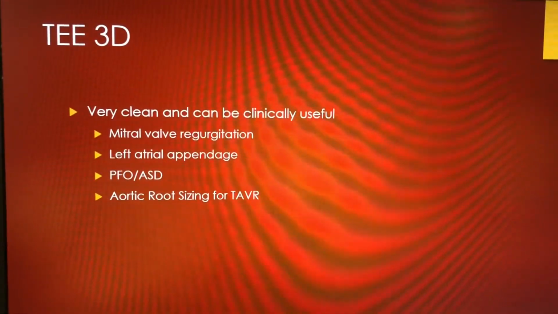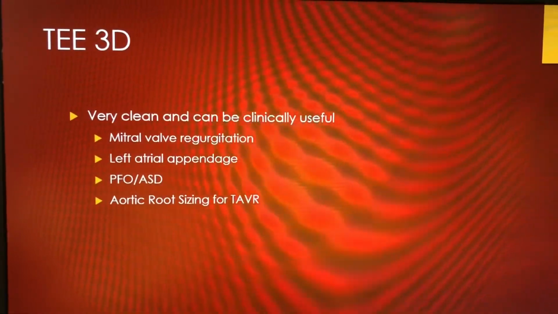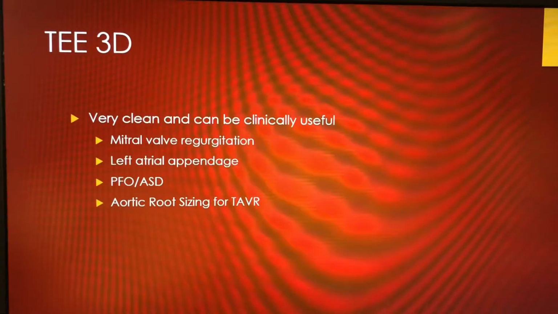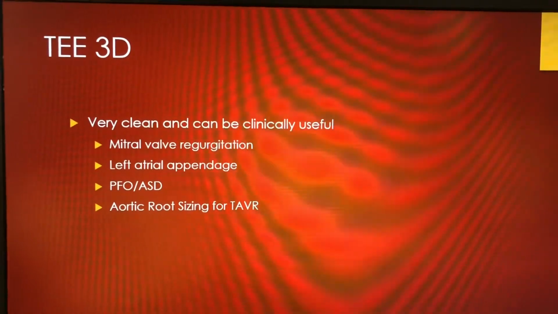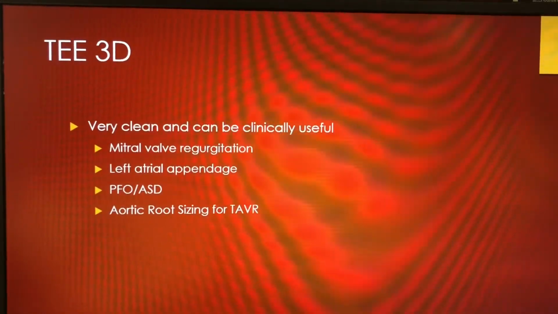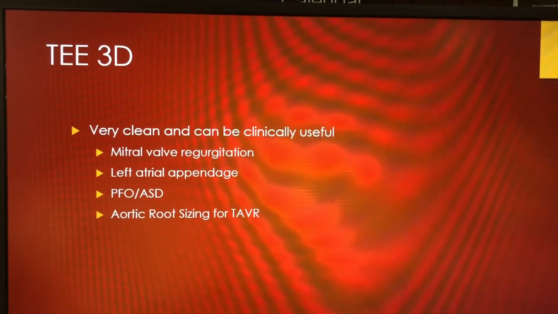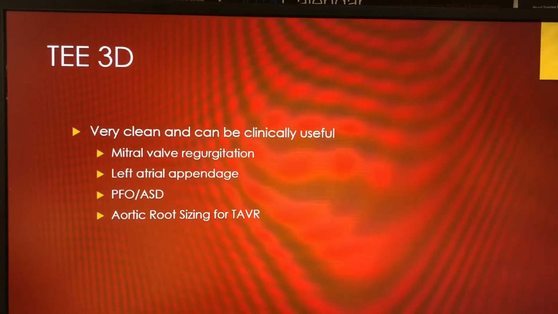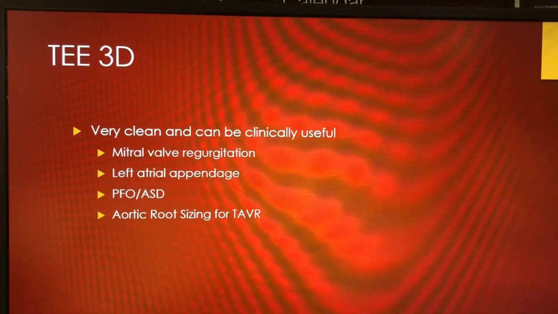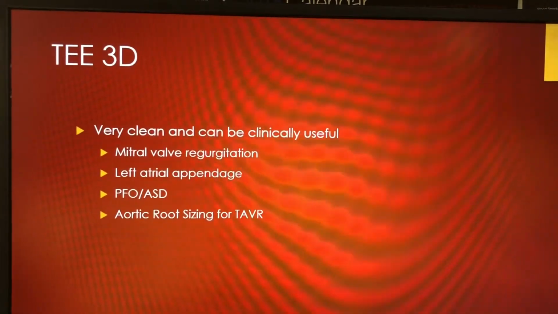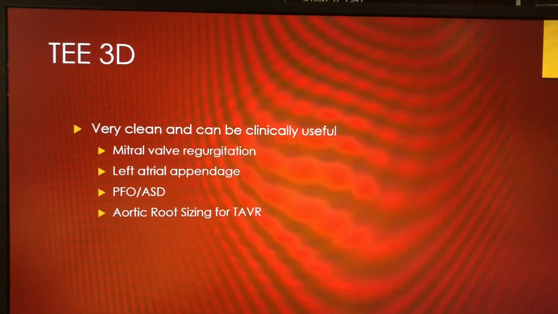We also can look at our left atrial appendage. This is good, especially for the Watchman, so we can get an accurate assessment of the type of appendage and how deep it is and how wide it is to make sure that it fits within the parameters of the devices we have. And then it's also very helpful looking for a clot in the left atrial appendage. So if you're doing a TE right before a cardioversion, this will help make sure you don't have a thrombus in there,